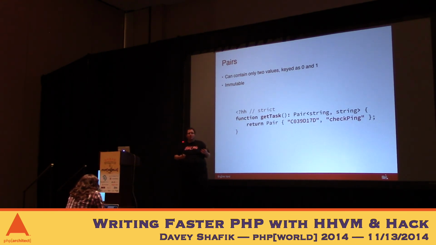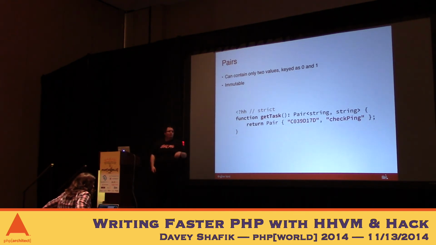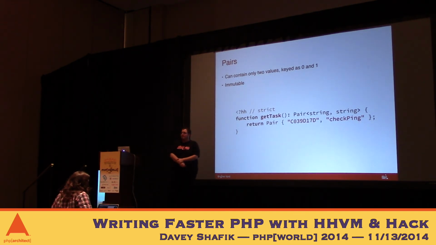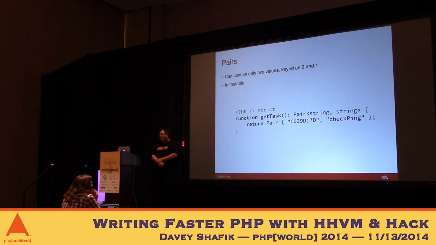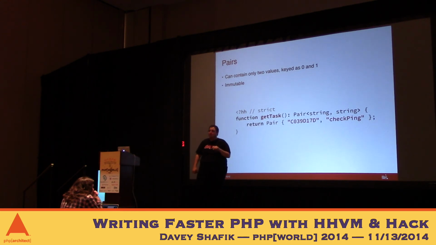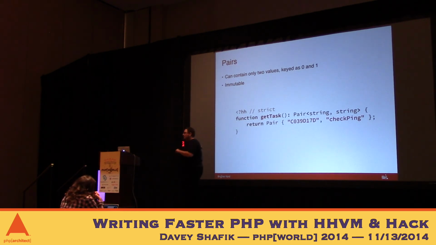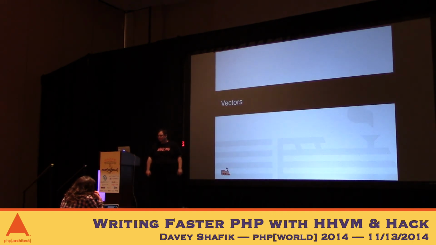And this is the only thing that I could think of to do an example of around pairs, which is this key value get task type doohickey. So that's what a pair is. Now, interestingly, vectors, which are coming up next, the only way that you can append a value to the end is by passing in a pair, and the first one is the key and the second one is a value. That's something I hope they're going to change. I think they will, but we'll see.